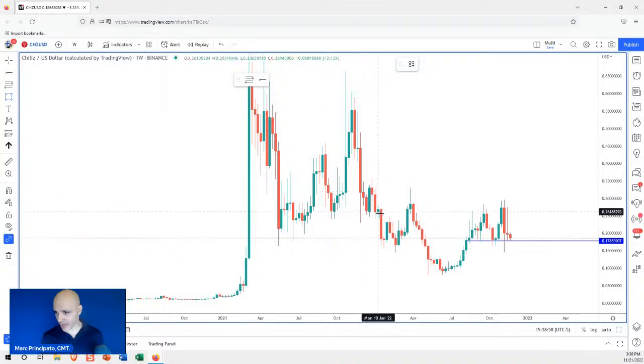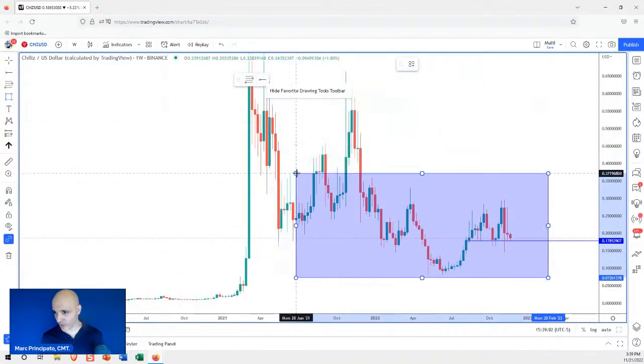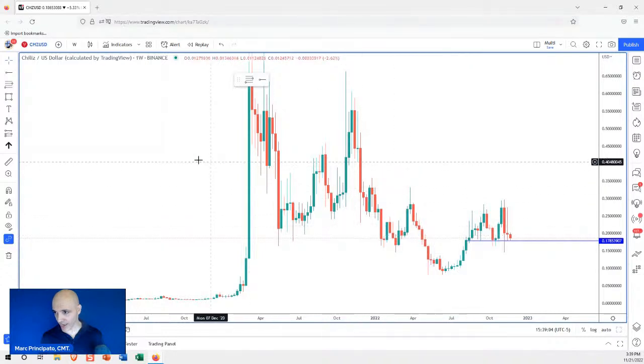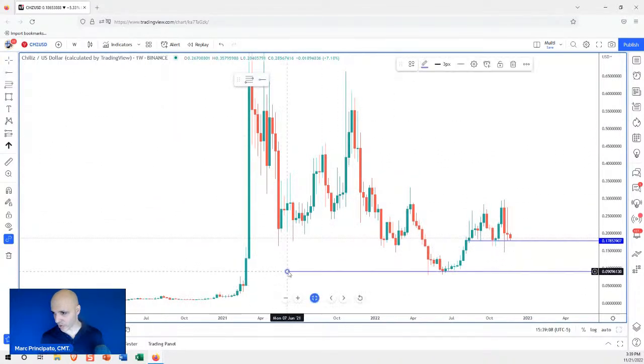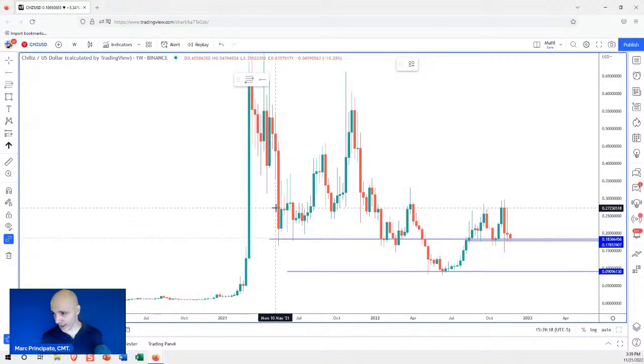And this consolidation, right? It's basically one gigantic consolidation. So really on the long term, we can say range bound. Now, as far as levels go, you have a support there, right? It's a proven support. You have a support where it is right now. That's a historical level. Look at that, touched a number of times. And then you have a resistance right about here.